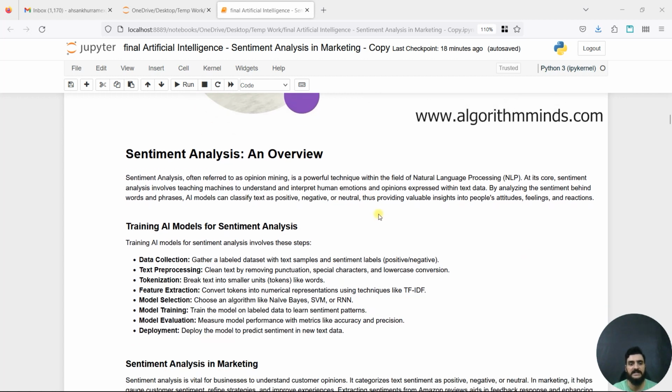So how do we actually train an AI model for sentiment analysis? Actually, there are a number of steps that we'll perform, and after performing those steps, we are able to train an AI model and deploy it. So the first step